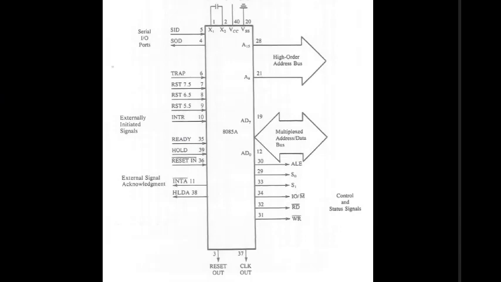Then here we have the multiplexed address and data bus. This is AD0 to AD7; it is not A or D only, we have both A as well as D. It means these 8 pins act as the low order address bus and the data bus as well, so they have dual functionality. And then A8 to A15 is the high order address bus. So this gives the entire pinout diagram or functional diagram of 8085.